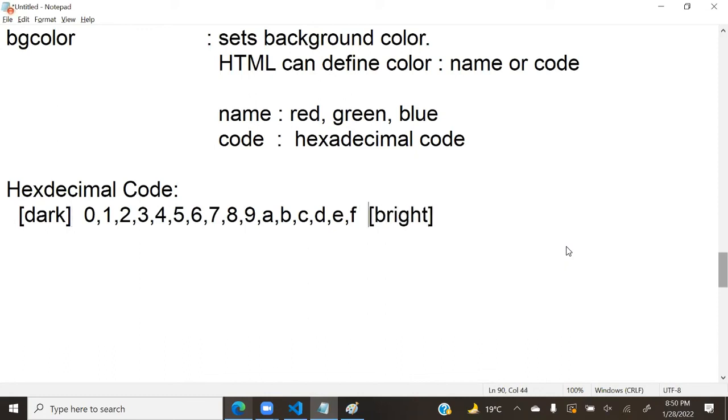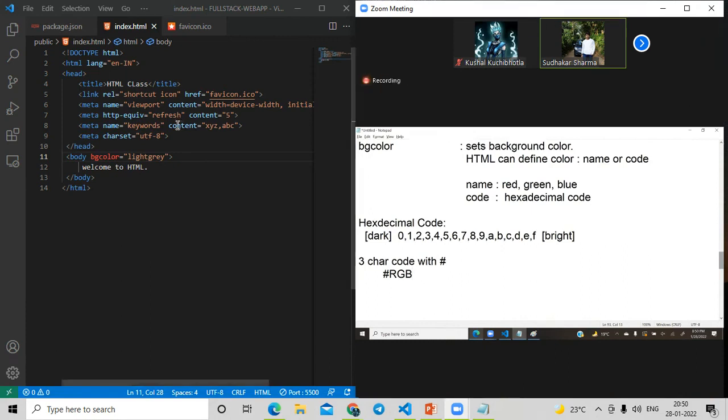Another point you should know is that the hexadecimal code is defined with a hash and a 3-character code. That means you can have a 3-character code with a hash, and you can write like this. Hash, then RGB. All colors are mixed with red, green, blue.